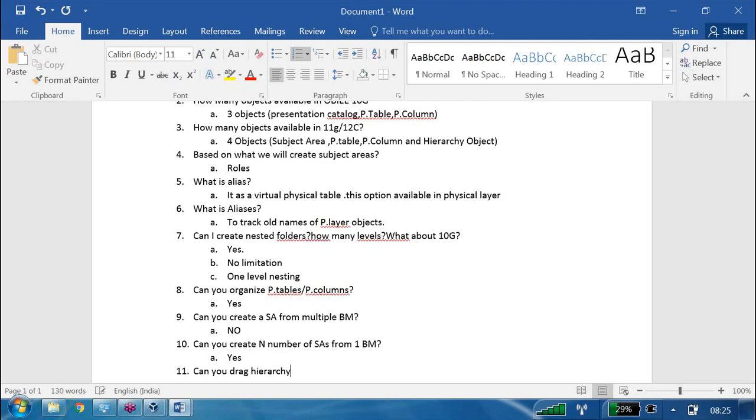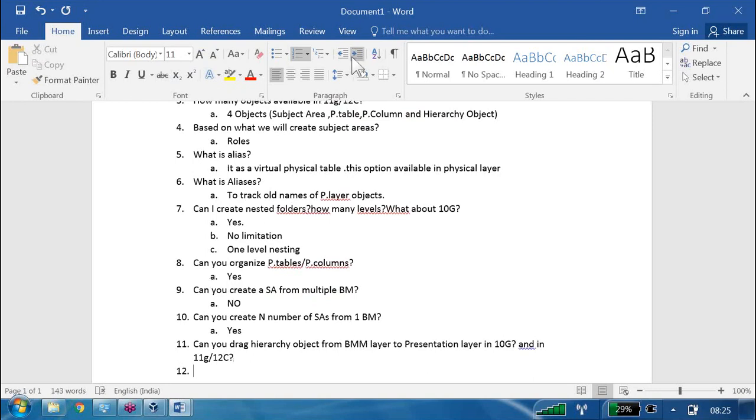Next, can you drag a hierarchy object from the BMM layer to the presentation layer in 10G and in 11G or 12C?